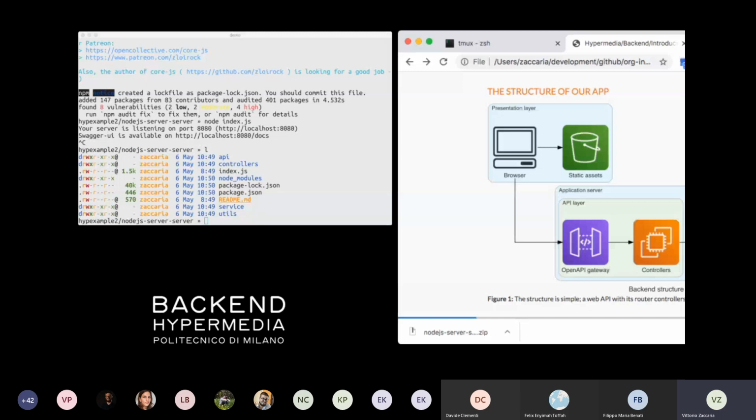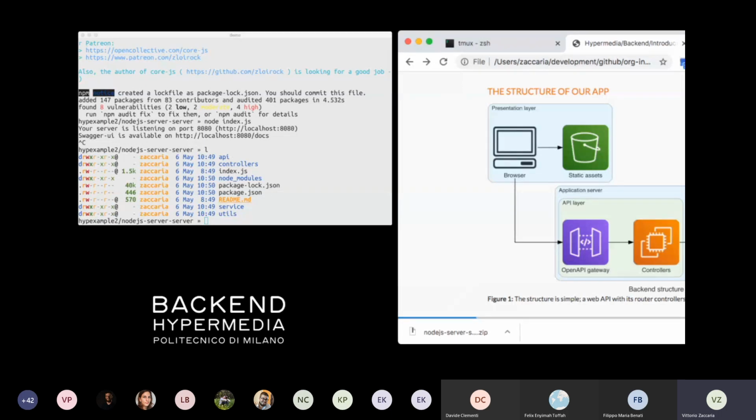So the green box that you can see here in the structure of our application is going to be added now in our web application. I think that we started last time to do that, but we didn't finish. So now we're going to do it, and add a very simple HTML file as a static asset, just to be more comfortable with